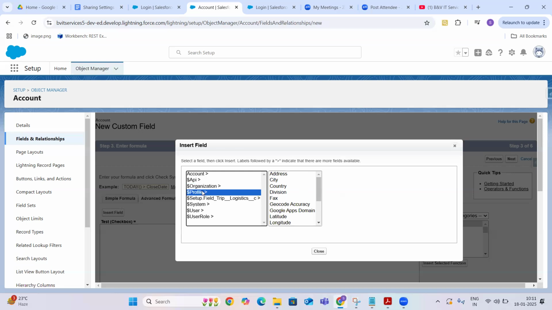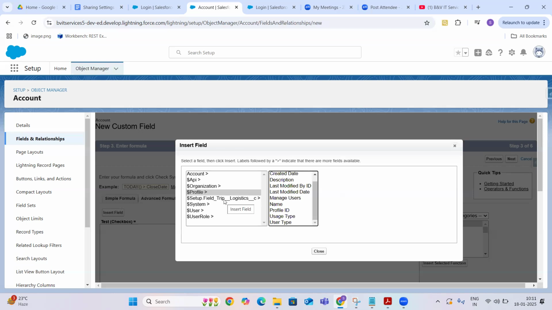And then profile. This profile always gets the logged in user's profile, whatever the user who logged in. Depending on the logged in user type or logged in user name, if you want to perform something, then we will use profile.